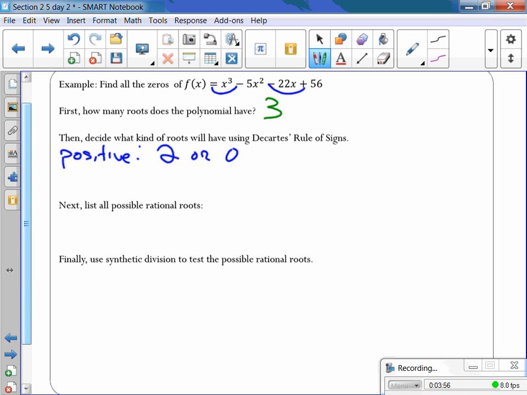As Chris is trying to figure out f of negative x, how many do we get for our negative? 1. Just 1? How did you guys do that? We'll find our f of negative x. What is my f of negative x? Negative x cubed minus 5x squared